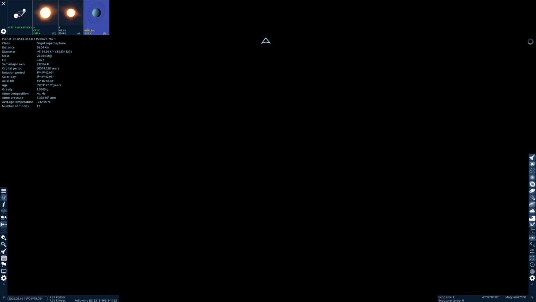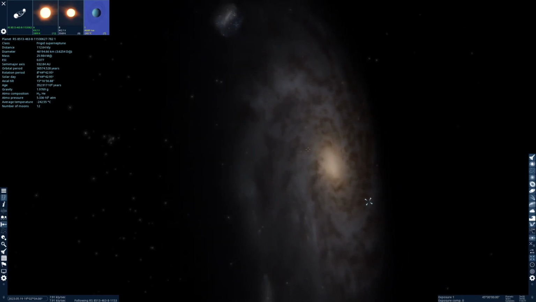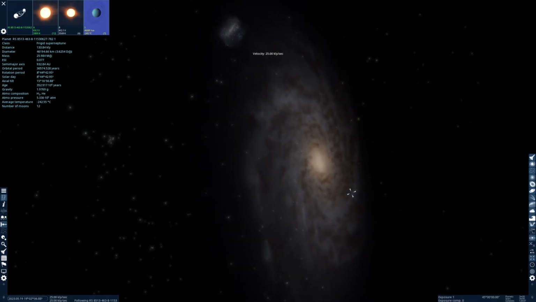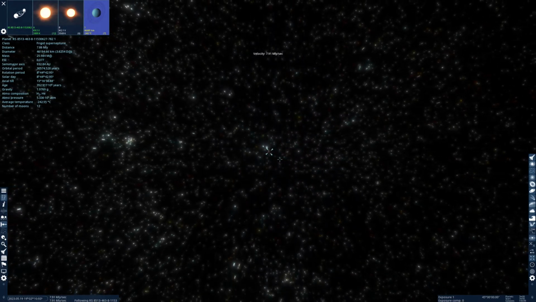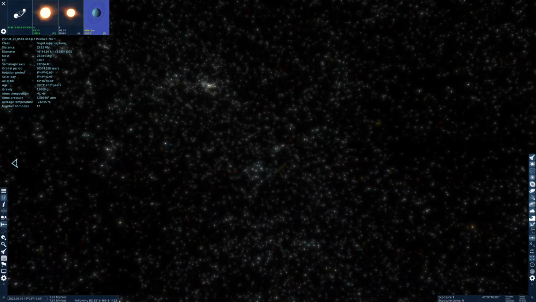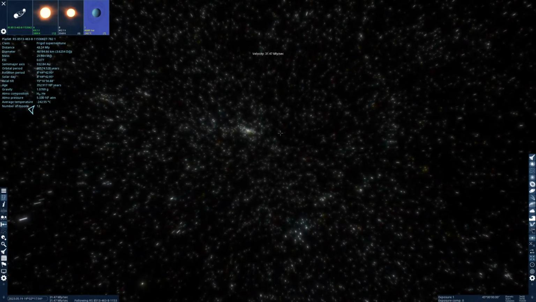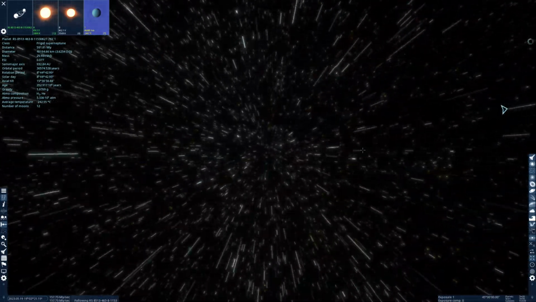So we come out of the solar system, and we can see all these galaxies. So that is the Milky Way there. I'm going to speed it up even more. So we zoom out of the Milky Way, and we see what looks like other stars, but actually what these are are other galaxies. So I'm going to go a couple of million light years,